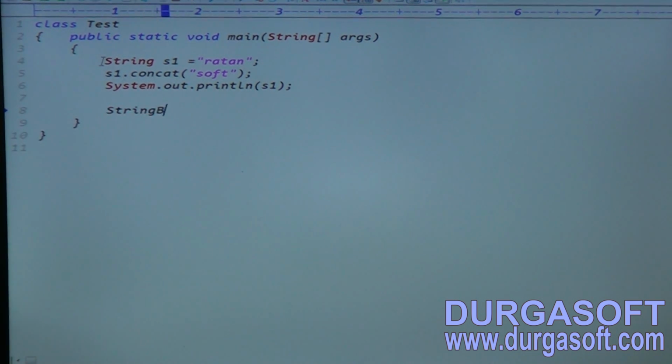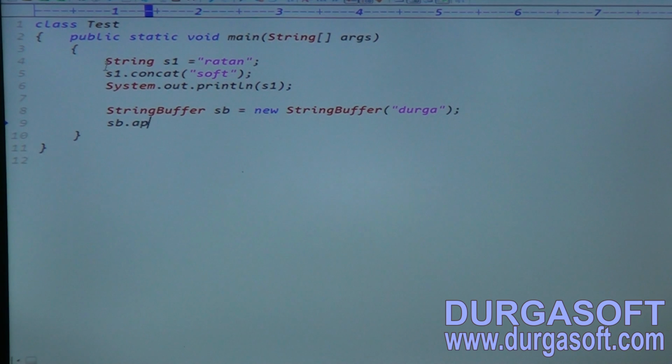StringBuffer sb equal to new StringBuffer of, here I am passing Durga, and to add the data, the method name is the append method. sb dot append of, within the double quotes, I am adding soft. Now System.out.println of